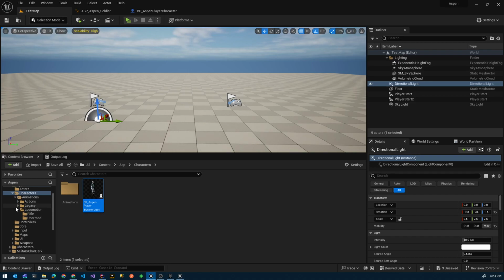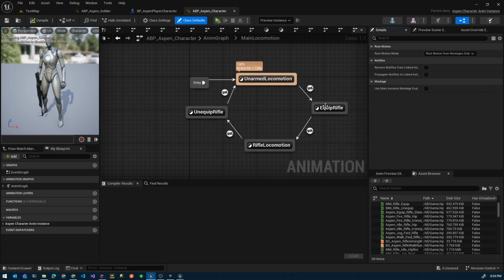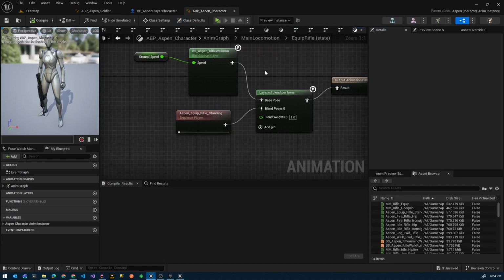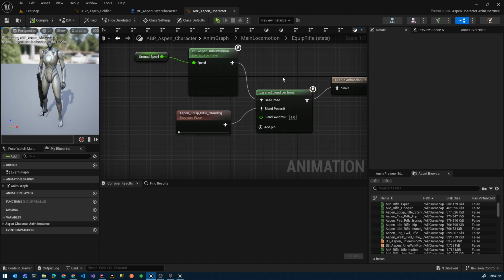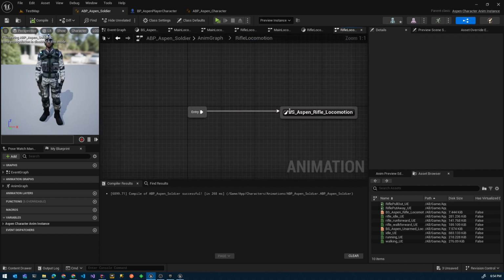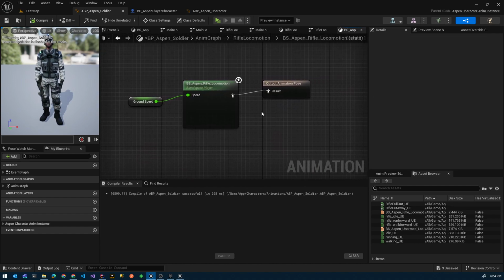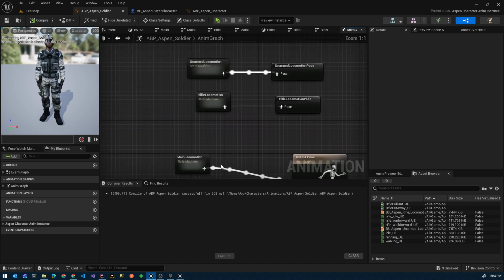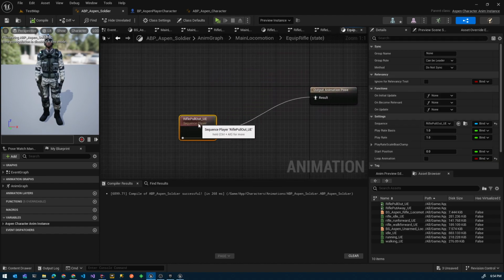Let's take a look at that legacy again just to see how I set that up. Fairly certain if we look at the equip and unequip. Yeah, okay. So let's just grab. I'm just going to create this from scratch. Okay. So in the equip and unequip, no, not there. There we go. So in the equip and unequip, we need to do layered blend per bone, and we need